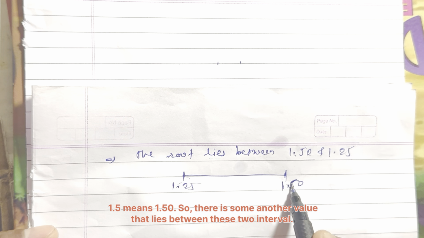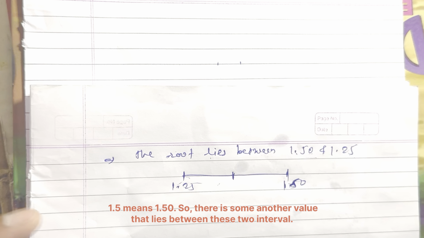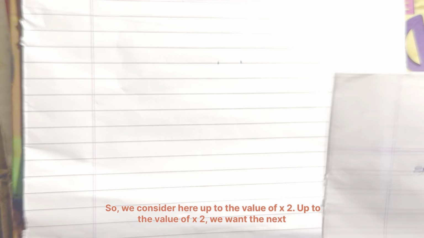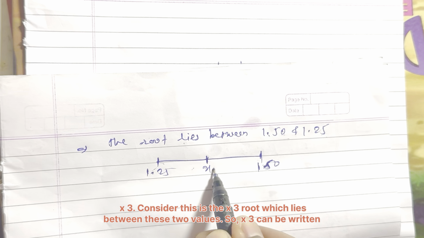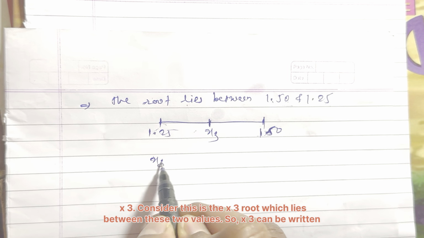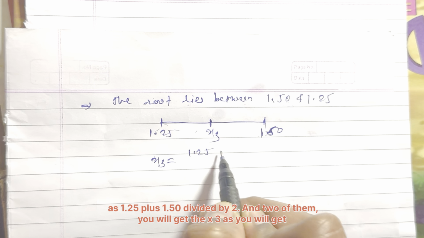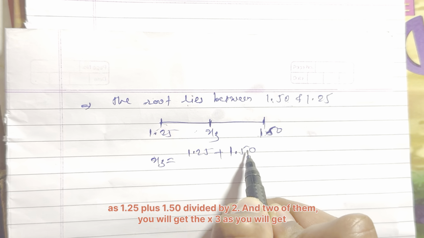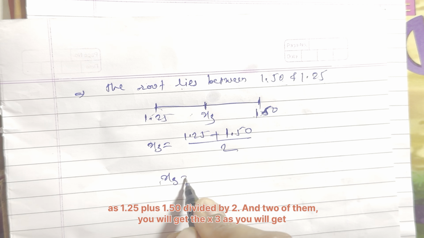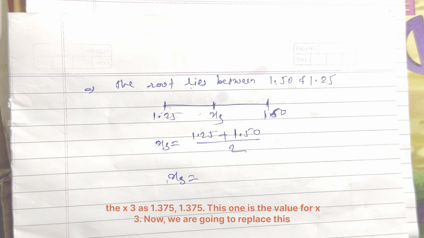1.5 means 1.50. So there is another value that lies between these two interval. So we consider here up to the value of x2, we want the next x3. Consider this is the x3 root which lies between these two values. So x3 can be written as (1.25 + 1.50) divided by 2. Add two of them, you will get the x3 as